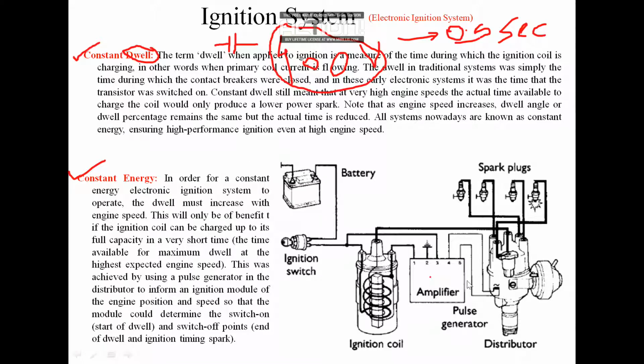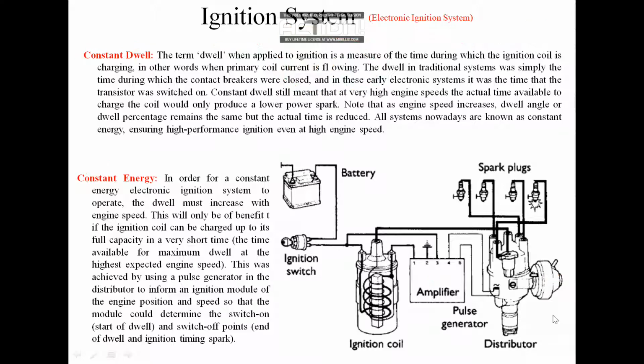So in that way these advanced mechanisms are calibrated to have a constant dwell. And in another method, that is the constant energy method, we are trying to focus on having a constant energy supply through this primary circuit. I mean to say, in order to have such a supply, they allow such a supply across this primary winding. Okay, somewhere here a capacitor may be present.